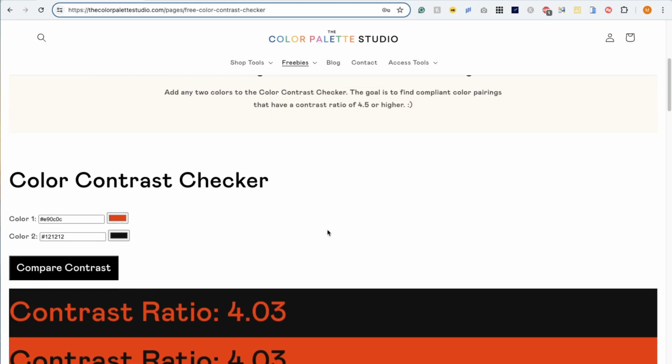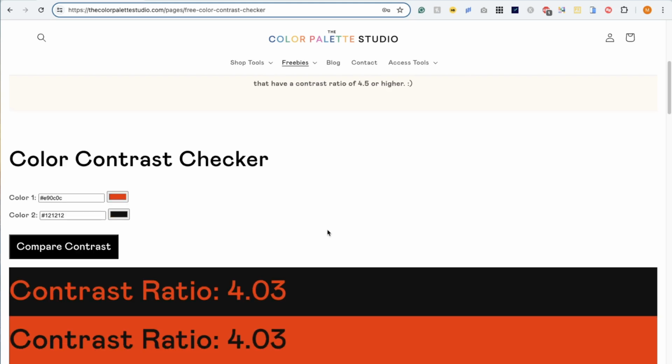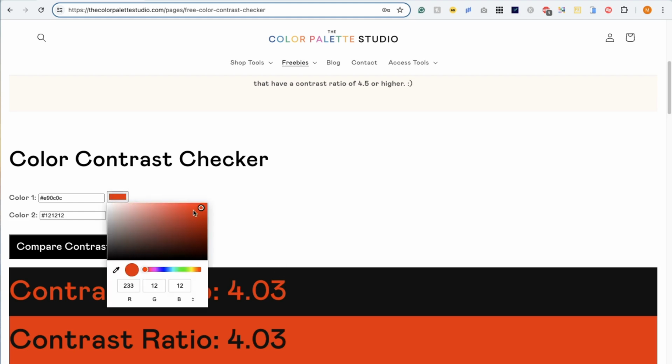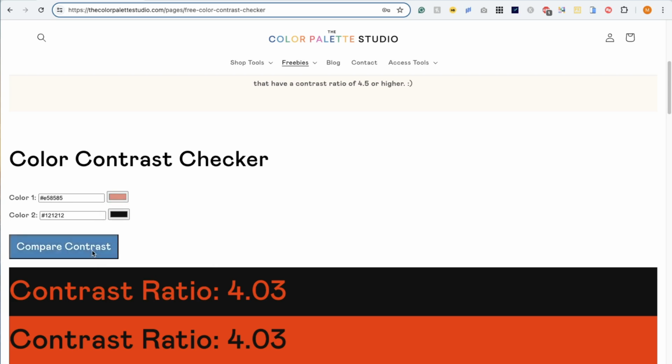Now you may say, well, that's close enough. I say aim for 4.5 or higher. If you get 4.4, maybe you can get away with it. But this allows you to have the ability to start tweaking the colors. For example, what happens if I make this red more of a pink? What's this give us? Look at that,